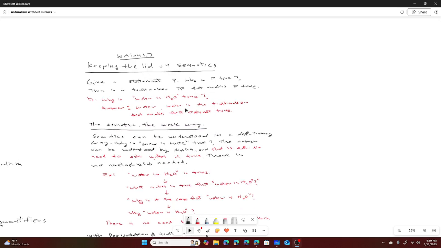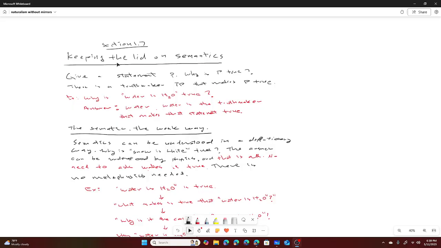Okay, guys, this is section 1.7. The title of the section is Keeping the Lid on Semantics. Section 1.7 is about how we deal with the semantics of language, because sometimes our